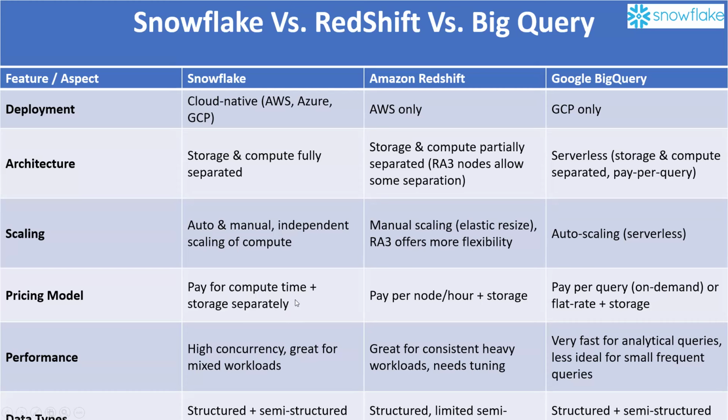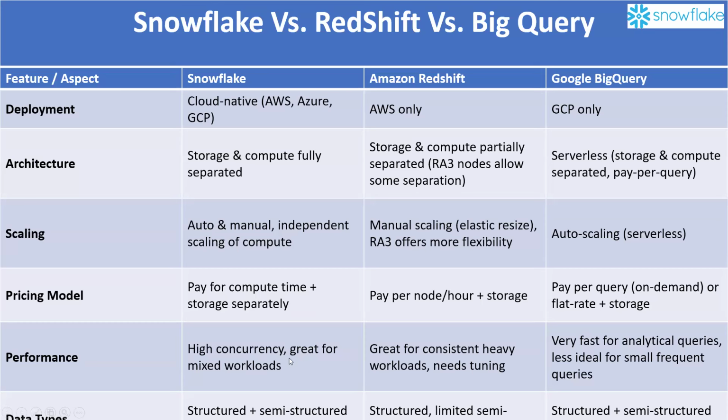And storage, why? Because you are storing your data in cloud storage. It can be AWS S3. So data is always stored in a very compressed format. And S3 or Blob and Google Bucket are very cheap in price. But when we talk about compute power, it is more cost effective. Why? Because whenever you are not using any virtual warehouse, you can suspend it. So if your compute is in an idle state, you need not pay for it.